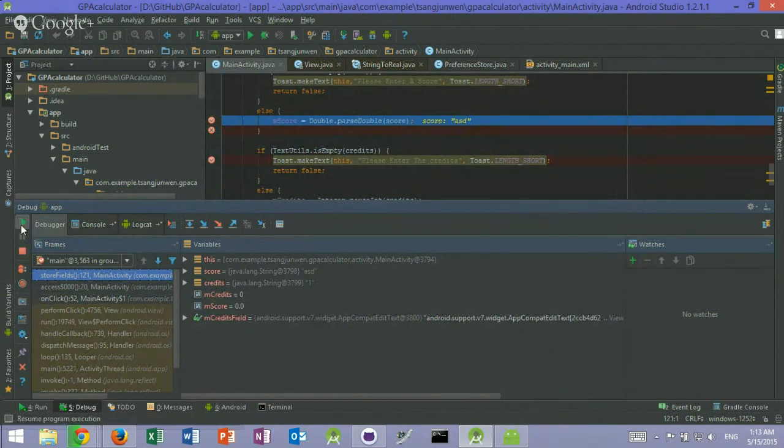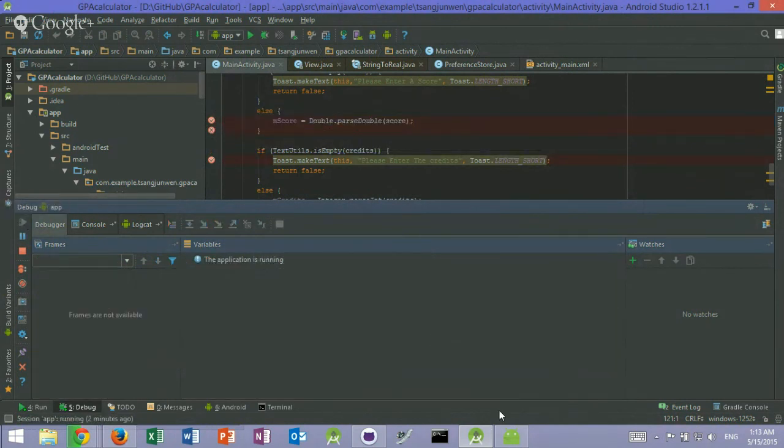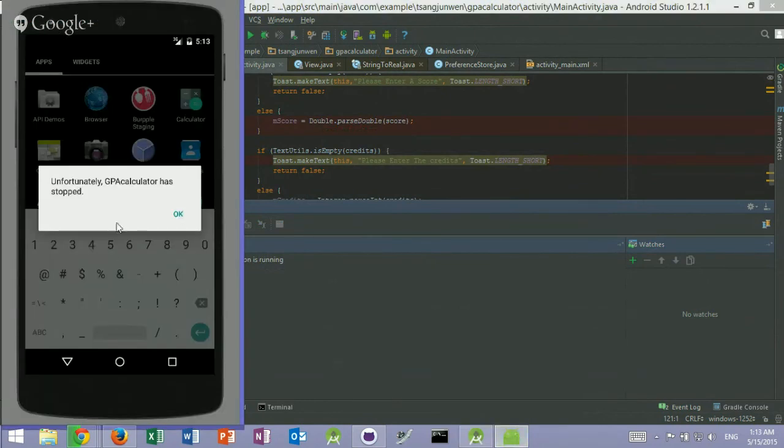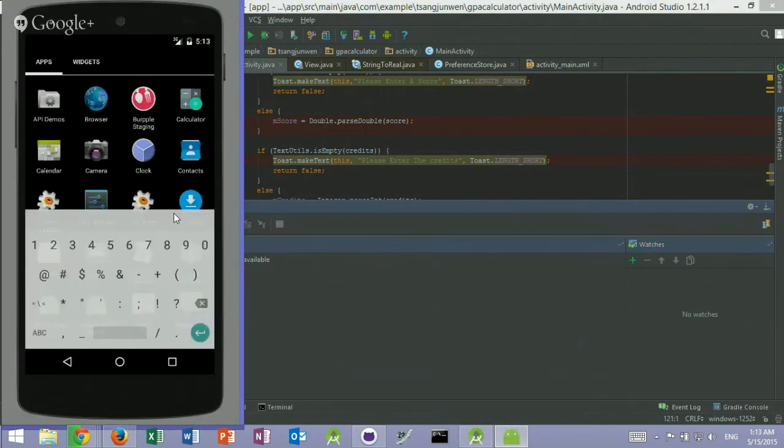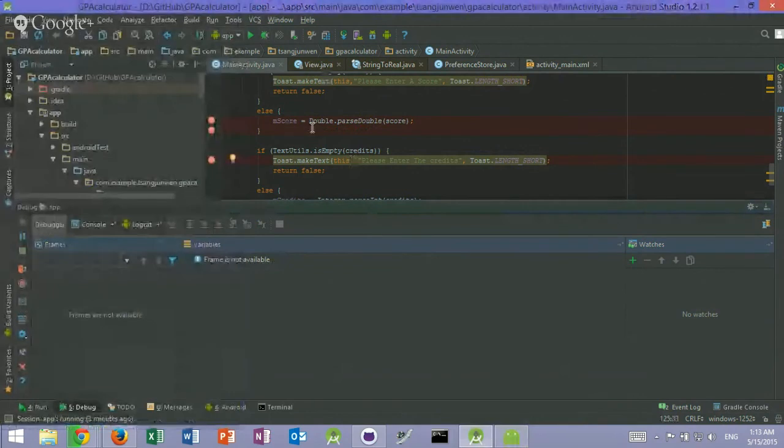So let's say if I click play, you will continue to the next line of breakpoint, the next balloon. But you will crash. Here you will crash. So this is one way for you to debug, and the other shortcut way is